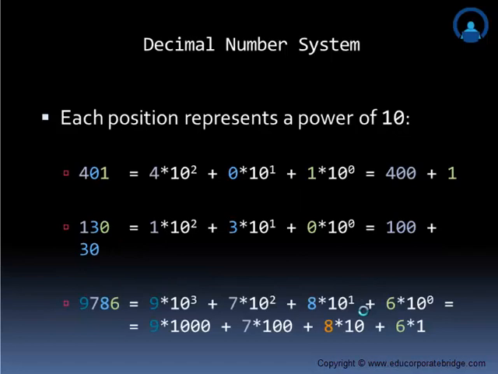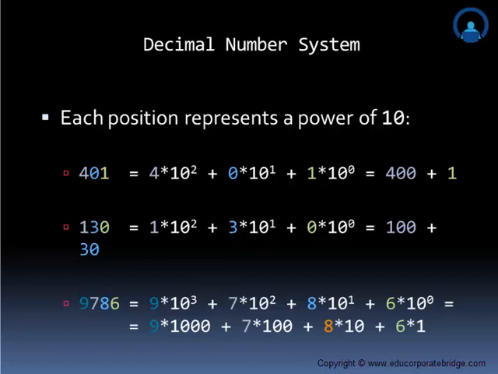How can we demonstrate an example of a decimal number, or find out the number system which is having its base? Let's say, for example, the first example is 401. How can we find out the value? As we can see, 401 is having 3 bits. The extreme leftmost bit 4 is called MSB, that is the most significant bit, and the extreme rightmost bit 1 is called LSB, that is the least significant bit.